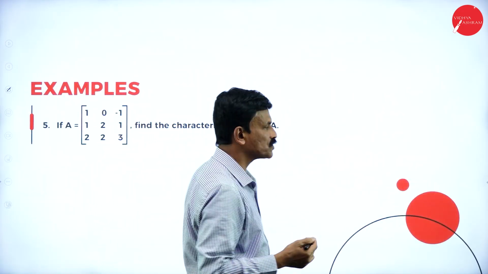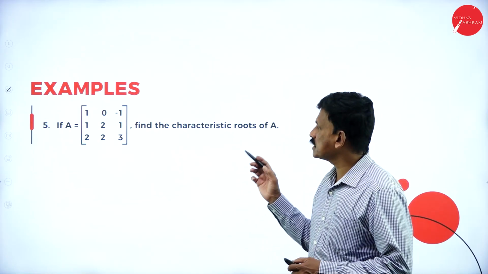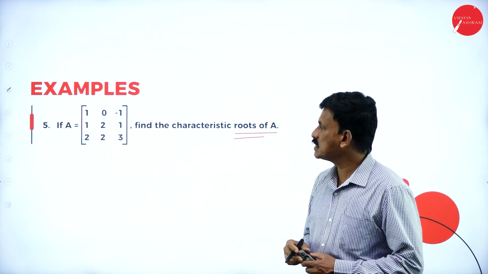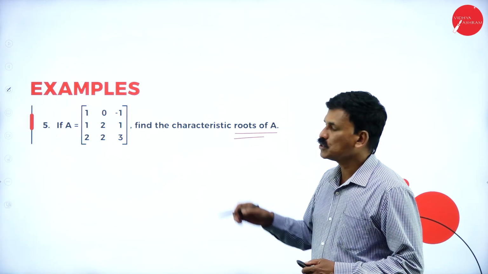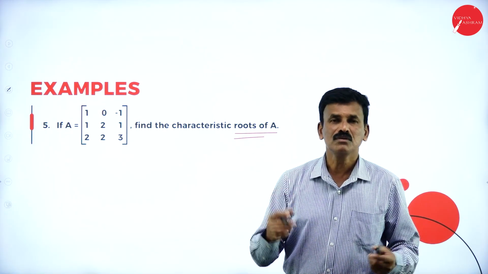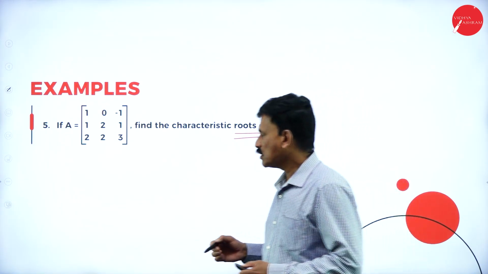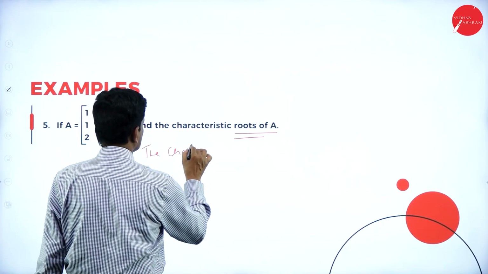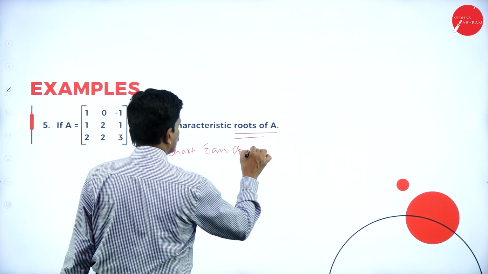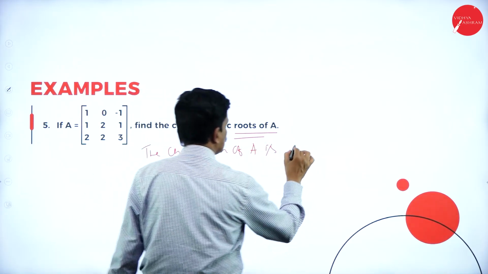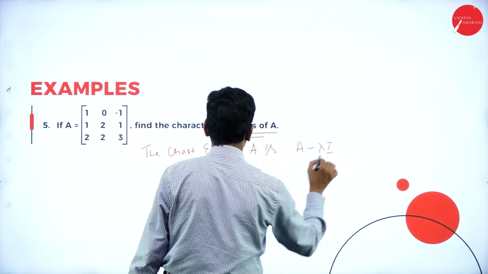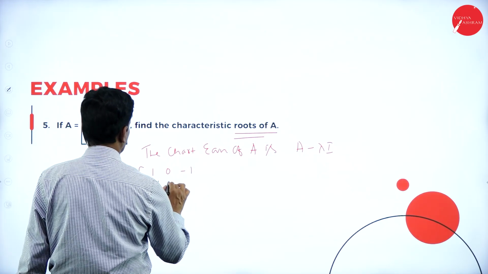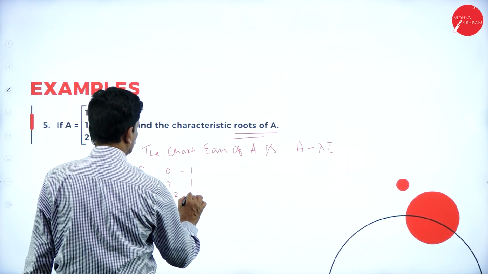Let us consider a 3 rows 3 column matrix. This is very important. Find the characteristic roots of the square matrix A equal to [1, 0, minus 1; 1, 2, 1; 2, 2, 3]. This is an important problem for 5 or 7 marks. Now as usual, the characteristic equation of A is A minus lambda I. What is the A matrix? [1, 0, minus 1; 1, 2, 1; 2, 2, 3]